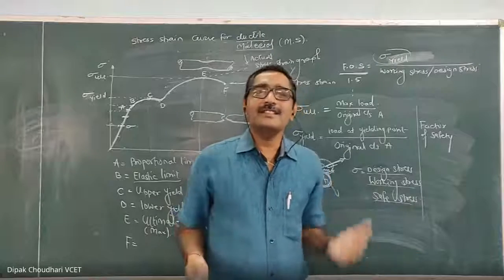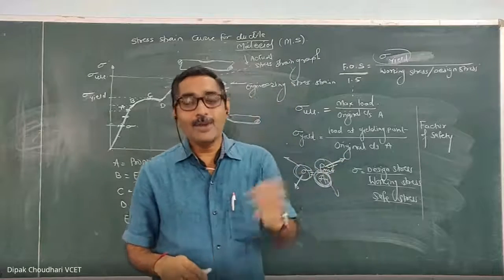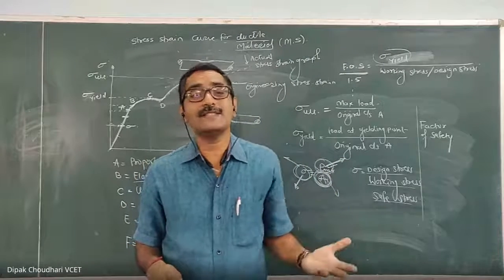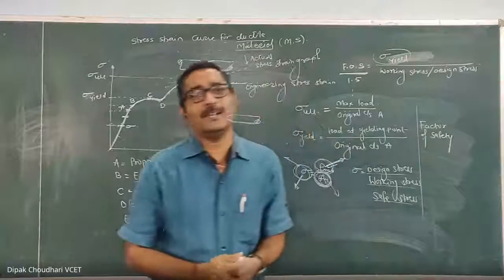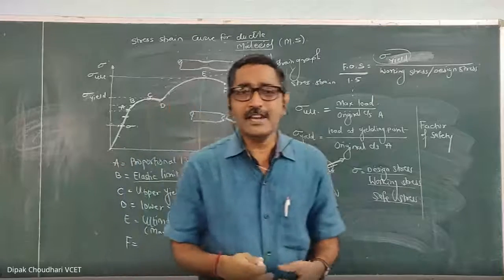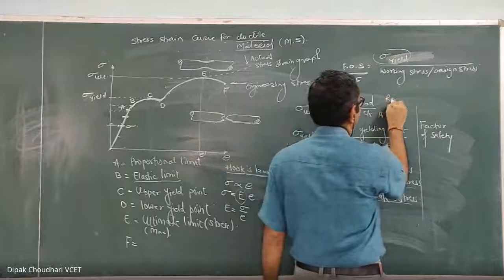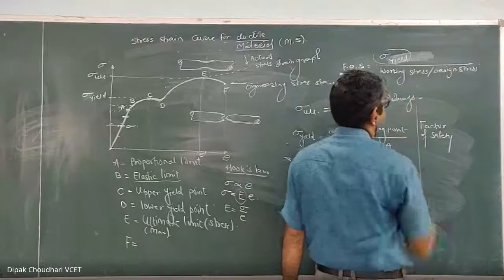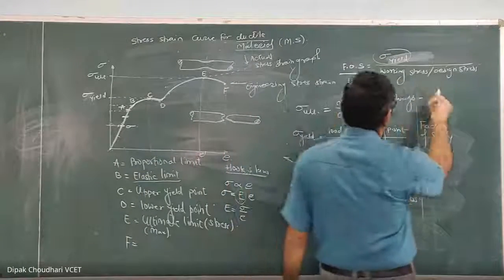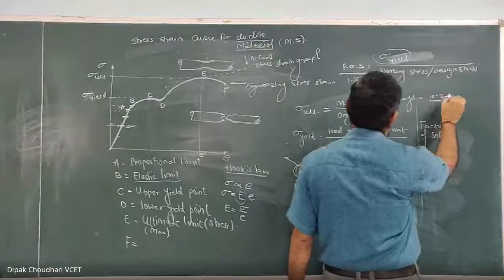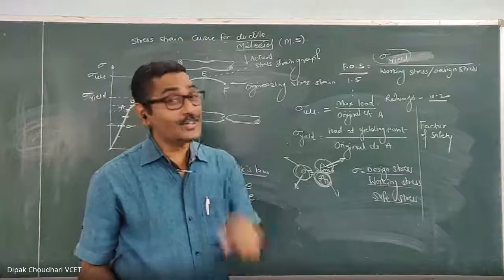Where, if failure takes place, unfortunately, and because of that failure there are more losses, financial loss, or some casualties, then the factor of safety should be more. Normally for railway tracks, components of the train, and for bridges, the factor of safety varies from 10 to 20 sometimes. For bridges it varies from 10 to 20, because it should be stronger, there should not be any failure.